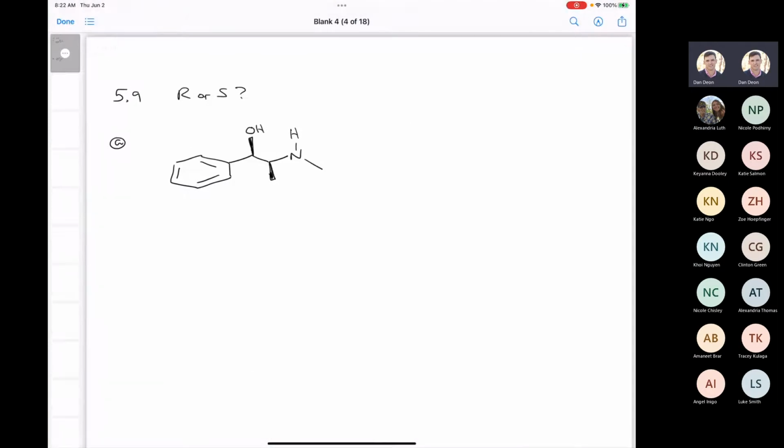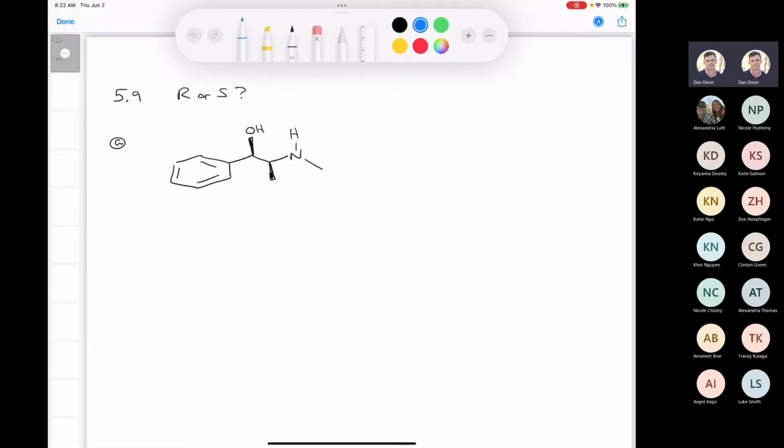So this is question 5.9a. It gives you a compound here. And in our book, he mentions the names of some of these interesting compounds. Like this is ephedrine. You've probably heard of Sudafed or something like that, which is an analog of ephedrine. But anyhow, it's a decongestant. But we've got two chiral centers in this molecule. So we have this chiral center that I'm highlighting in yellow, and we have this one that I'm highlighting in